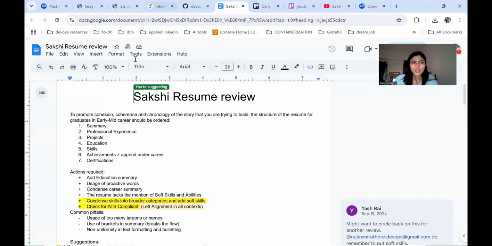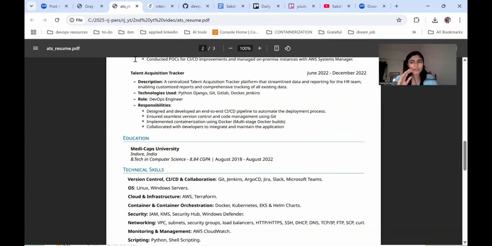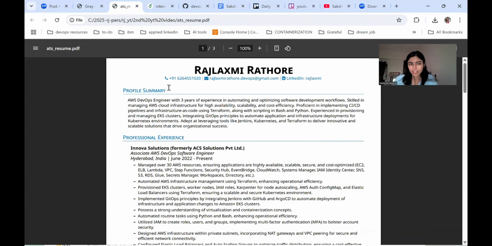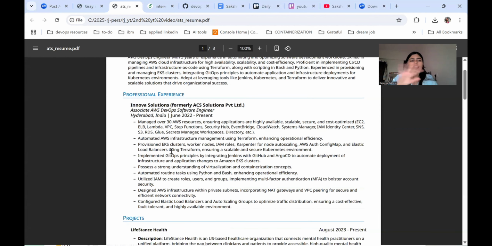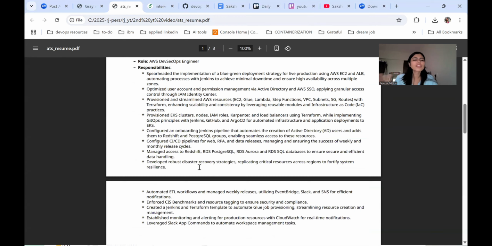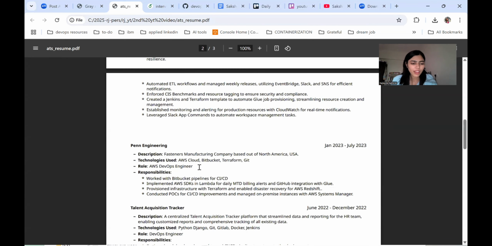Then skills. See, here we are following a pattern. We have given the summary. From here, we have shown what we are bringing to the table. Then, with the professional experience, these are the amazing things that I have done. How have I done these amazing things? There should be something on top of which I have done them. So these were the projects that I have worked on, because of which I have done these.